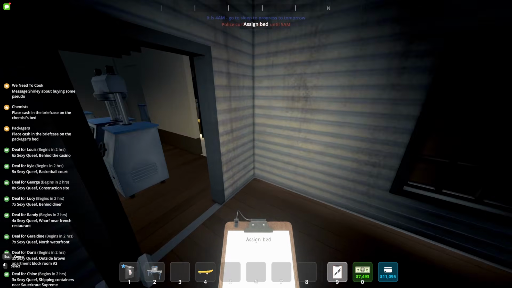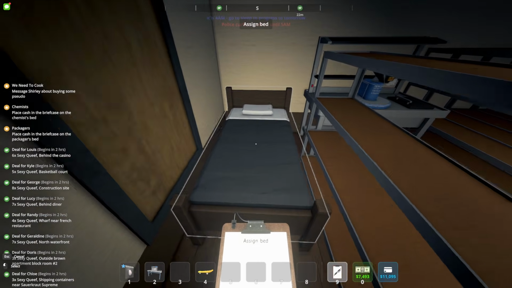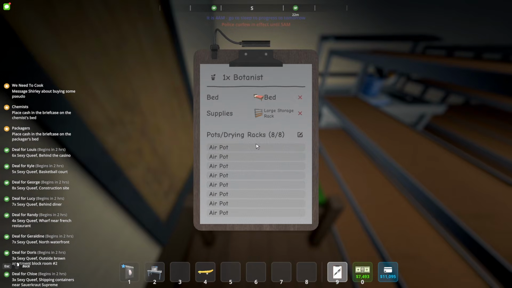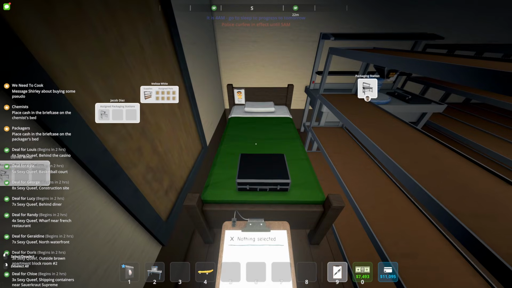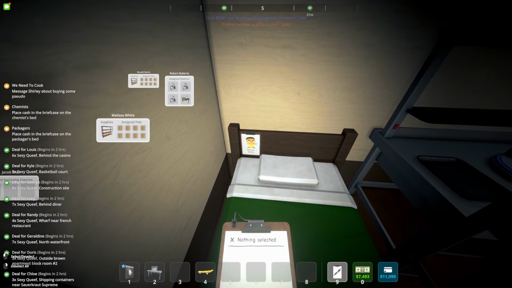Then after clicking on that without doing anything else, you're going to go over to a bed, and you're going to left click on the bed. That will assign them to the bed, okay? And then at the bed, you can also see their name over here to make sure you know who's who